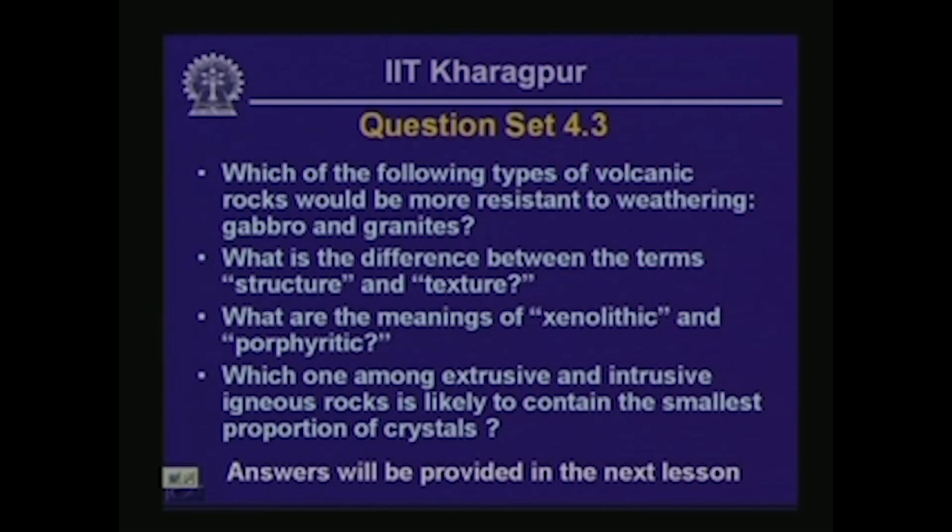Third question that I ask is, what are the meanings of xenolithic and porphyritic structure or texture? And the fourth one is, which one among extrusive and intrusive igneous rocks is likely to contain the smallest proportion of crystals? Try to answer these questions at your leisure, and we will look at the answers when we meet again